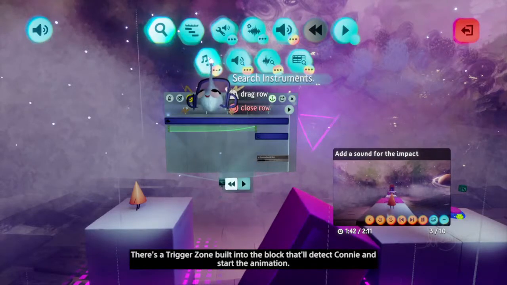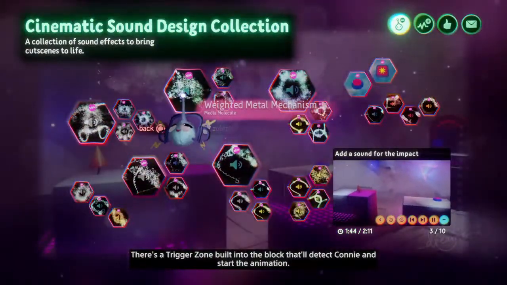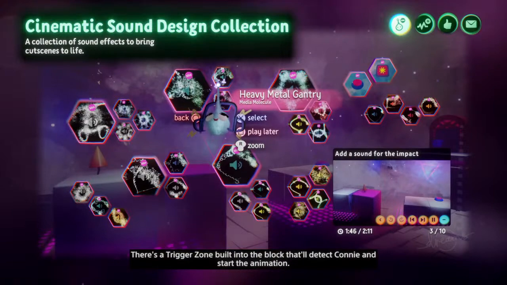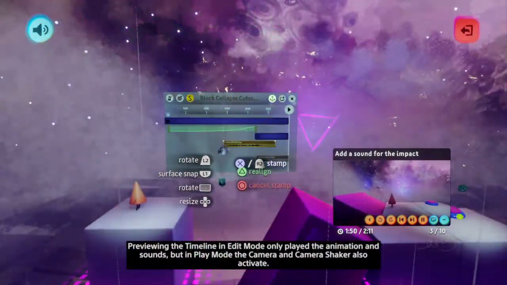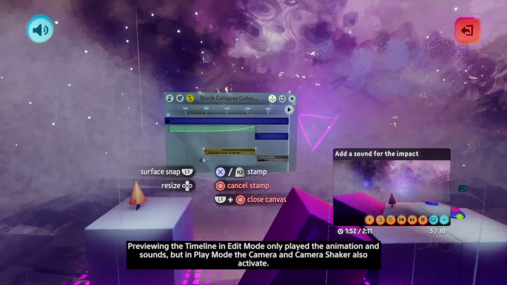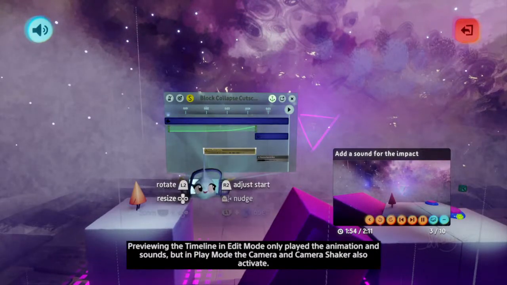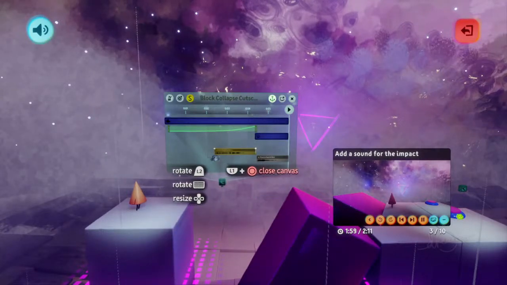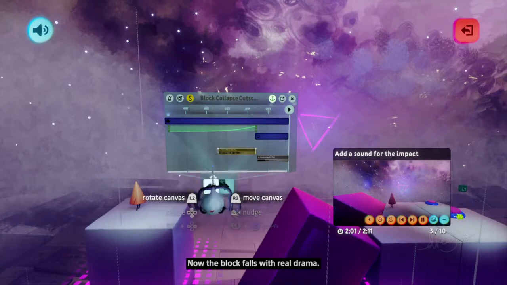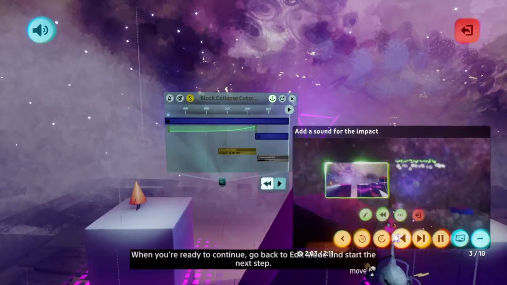There's a trigger zone built into the block that'll detect Connie and start the animation. Previewing the timeline in edit mode only played the animation and sounds, but in play mode, the camera and camera shaker also activate. Now the block falls with real drama. When you're ready to continue,